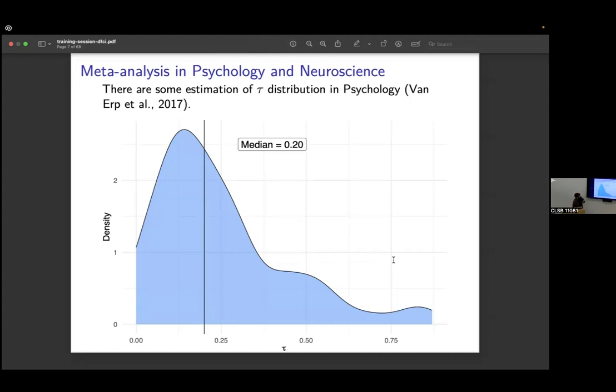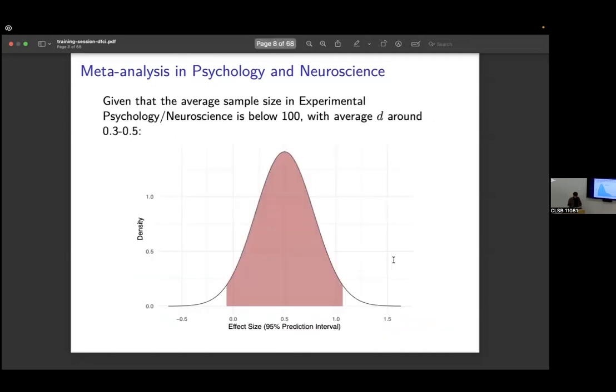So as you can see, the median heterogeneity in psychology and neuroscience is 0.2. You can interpret it as a standardized scale. So 0.2 in a standardized measure means 0.2 standard deviations. It is basically a standardized effect size. And combining this information with the fact that, again, in psychology and neuroscience, the average effect using standardized measures is around 0.3, 0.5, we have a pretty wide prediction interval on the effects that we are expecting in a given